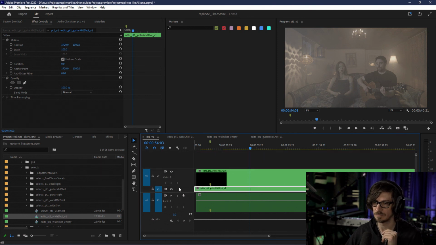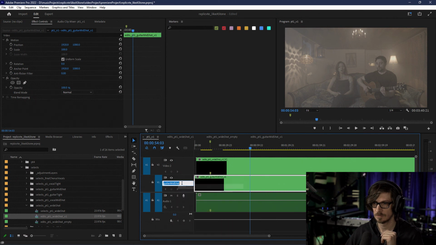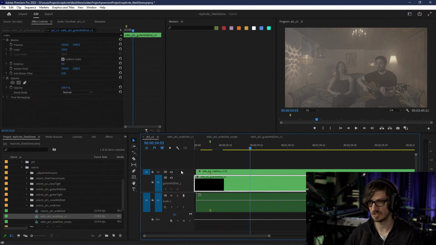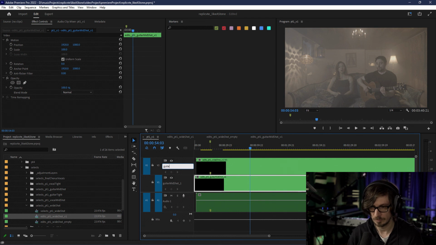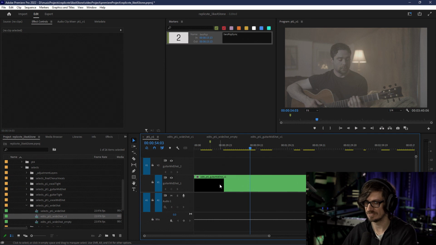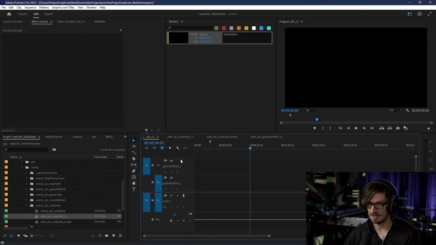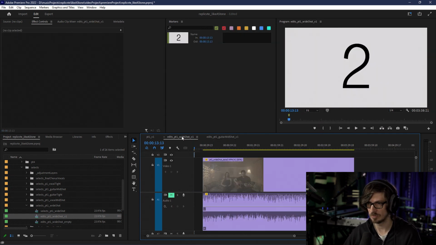So if I were to rename this guitar mid shot 1, because I don't need to do any editing over in those sequences now, and rename this as guitar mid shot 2. Once I come up with a better plan for this, I think it's going to be a lot better. But if I go back to the guitar mid shot,